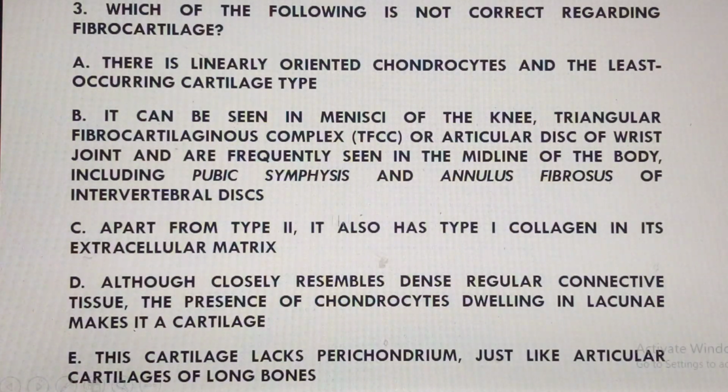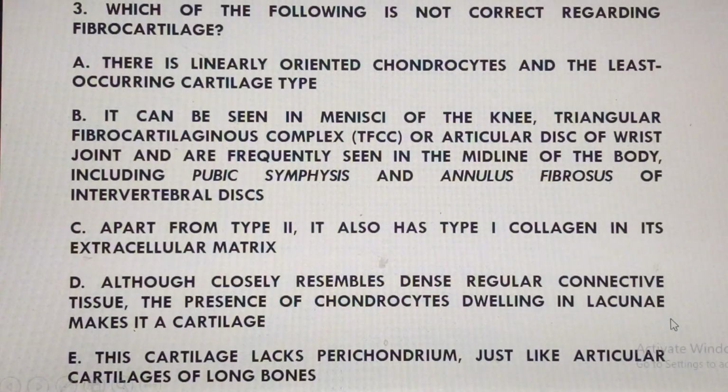Okay, fibrocartilage. But we said that type 2 will have almost the same refractive index as the ground substance. And so it means that in fibrocartilage, the main fiber type you'll be seeing will be type 1. Okay. Now, option D says,